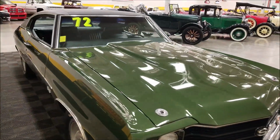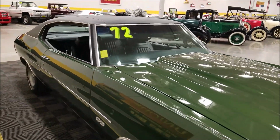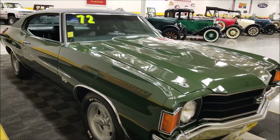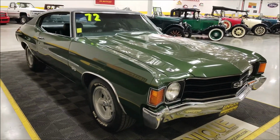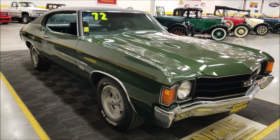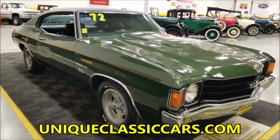So again, well-documented car. Now, if you want to check out the still pictures, you'll be able to see the data tag. You're going to see that this is a numbers matching engine in this car. You're going to see all the documentation pictured up. Check out the still pictures. You can see the underside, engine bay, interior. Still pictures are at